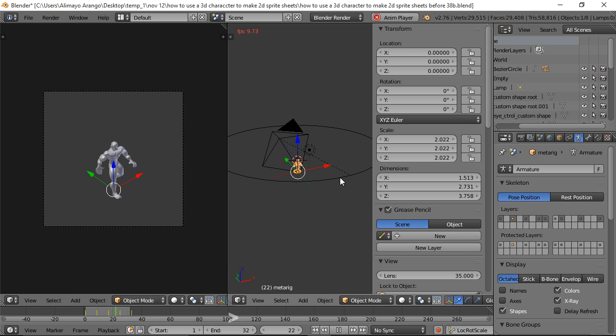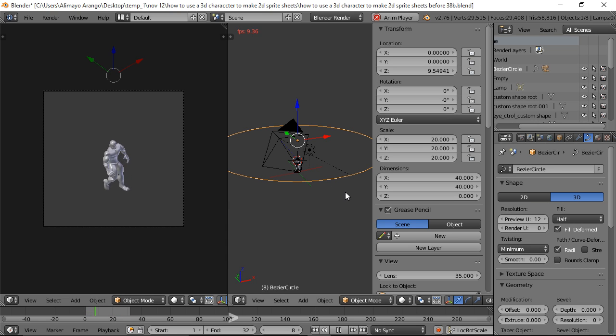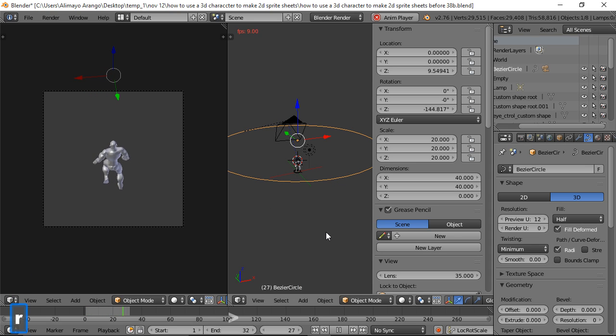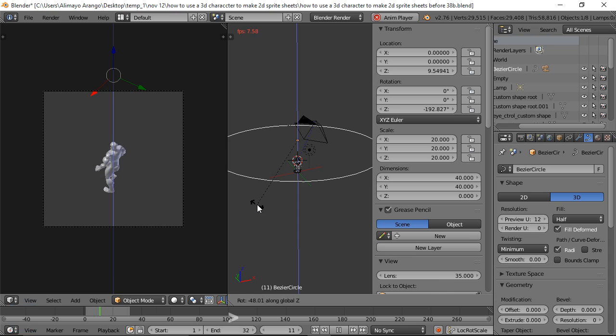So what I'm going to do now is select this circle curve. And I'm going to press R to rotate on the Z axis just so we can see that everything is clear around the character. I'm just repeatedly pressing R then Z. And for what we're doing here, it does look like we have a lot of